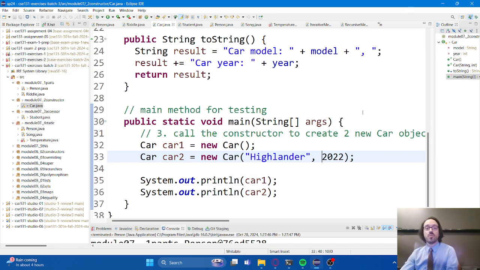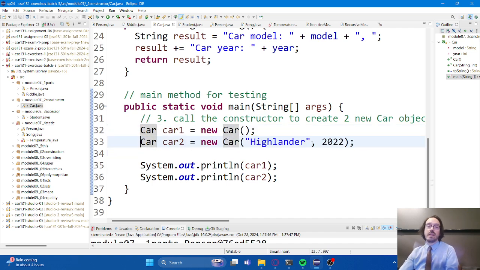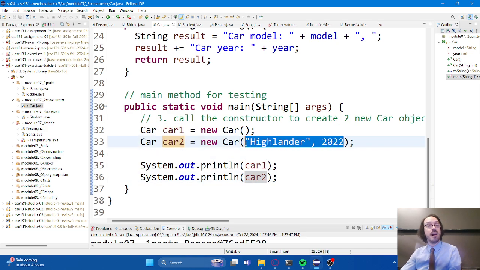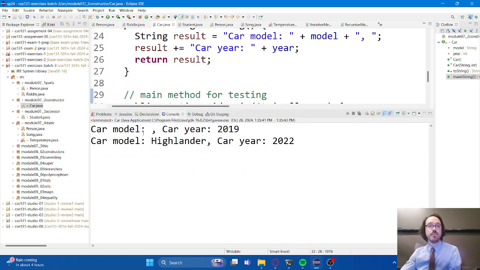Good. All right. So this will create an instance of the car class that has the default values, and this will create an instance of the car class that tries to represent my Toyota that's sitting underneath the Tisch Park right now in the parking garage, right? And if we run the code, we'll see that much like last time, when I print out car 1, I'll see those default values in there, and when I print out car 2, I'll see the values that I chose to use for the car. Here we go. So blank with the car year 2019, and then here's my Toyota Highlander 2022. Are there any questions about that before I move on to our next topic?